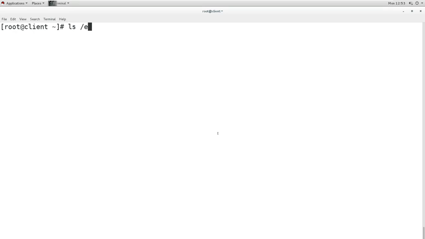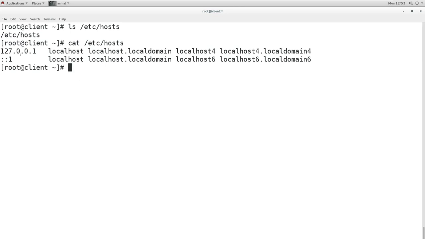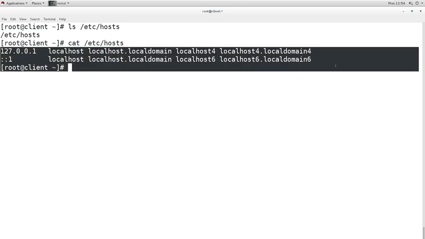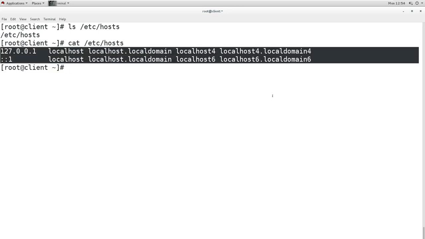Remember, if you don't have a DNS, then still you can make A records in the hosts file to work. If you add the name and IP in this hosts file, then still it will resolve. But specifically for the mail server, for the postfix server, it won't work.